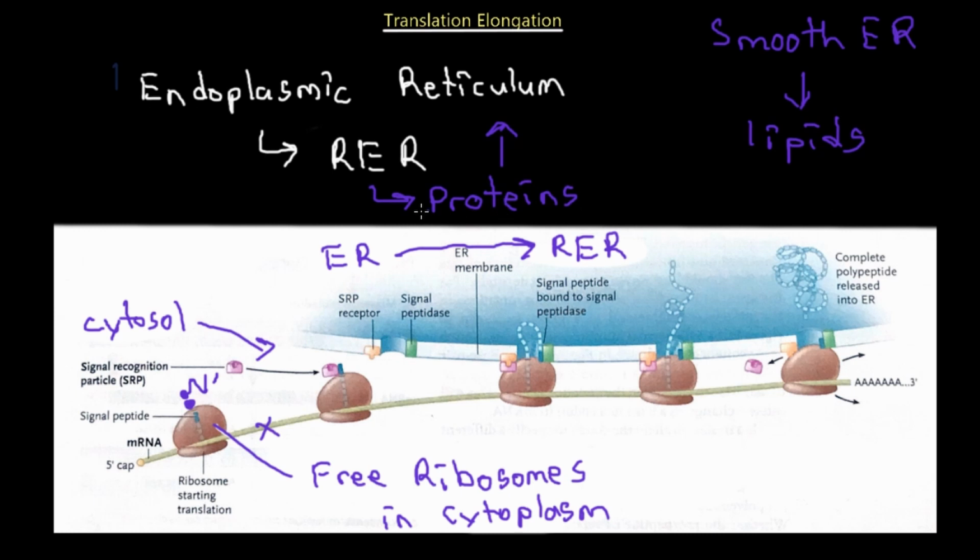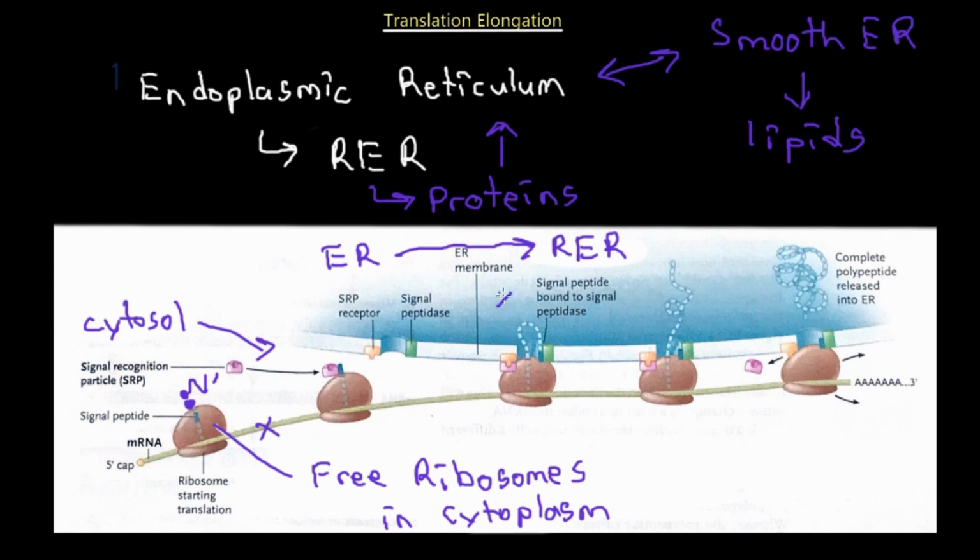However, if the cell does not need any proteins, it's not doing translation, then most of the ER is going to be smooth. So it's constantly changing between smooth and rough ER, depending on the demands of the cell. So, of course, once it's within the endoplasmic reticulum, the amino acid sequence is going to